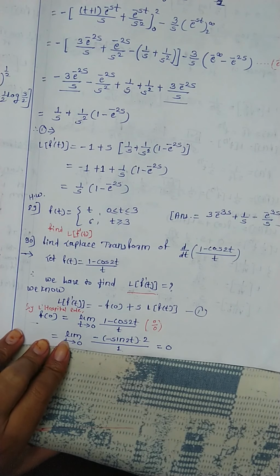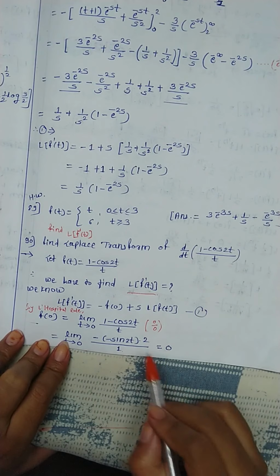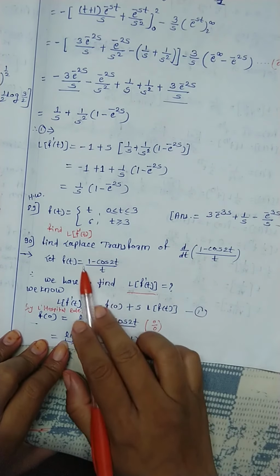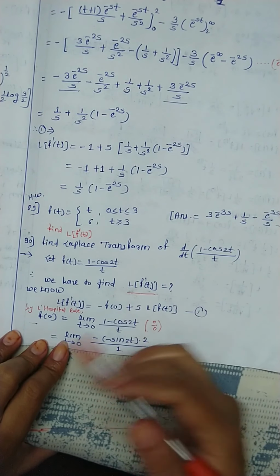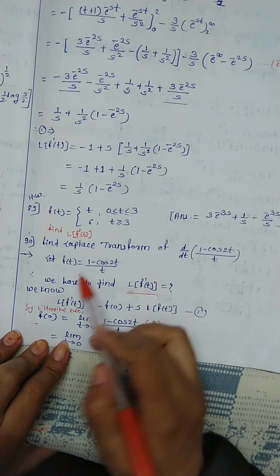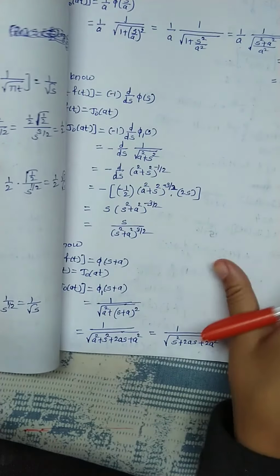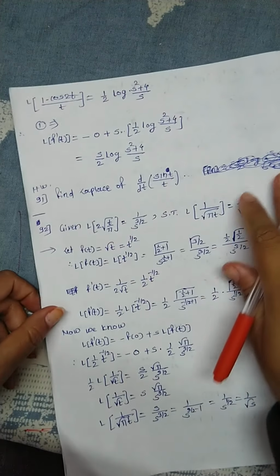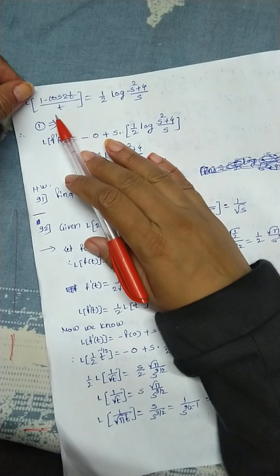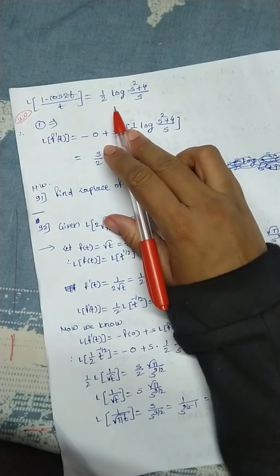Understand? Okay. Now in this formula, f of 0 we just calculated. Now we have to find the Laplace transform of this function. And how to calculate the Laplace transform? We have to remember all the formulas, all the properties we have just learned, okay? What is this? This is a function divided by t, so we have to apply that formula there, right? And in earlier examples where division by t is there, we have just calculated. This is homework for you. While writing sections, you have to solve this separately.